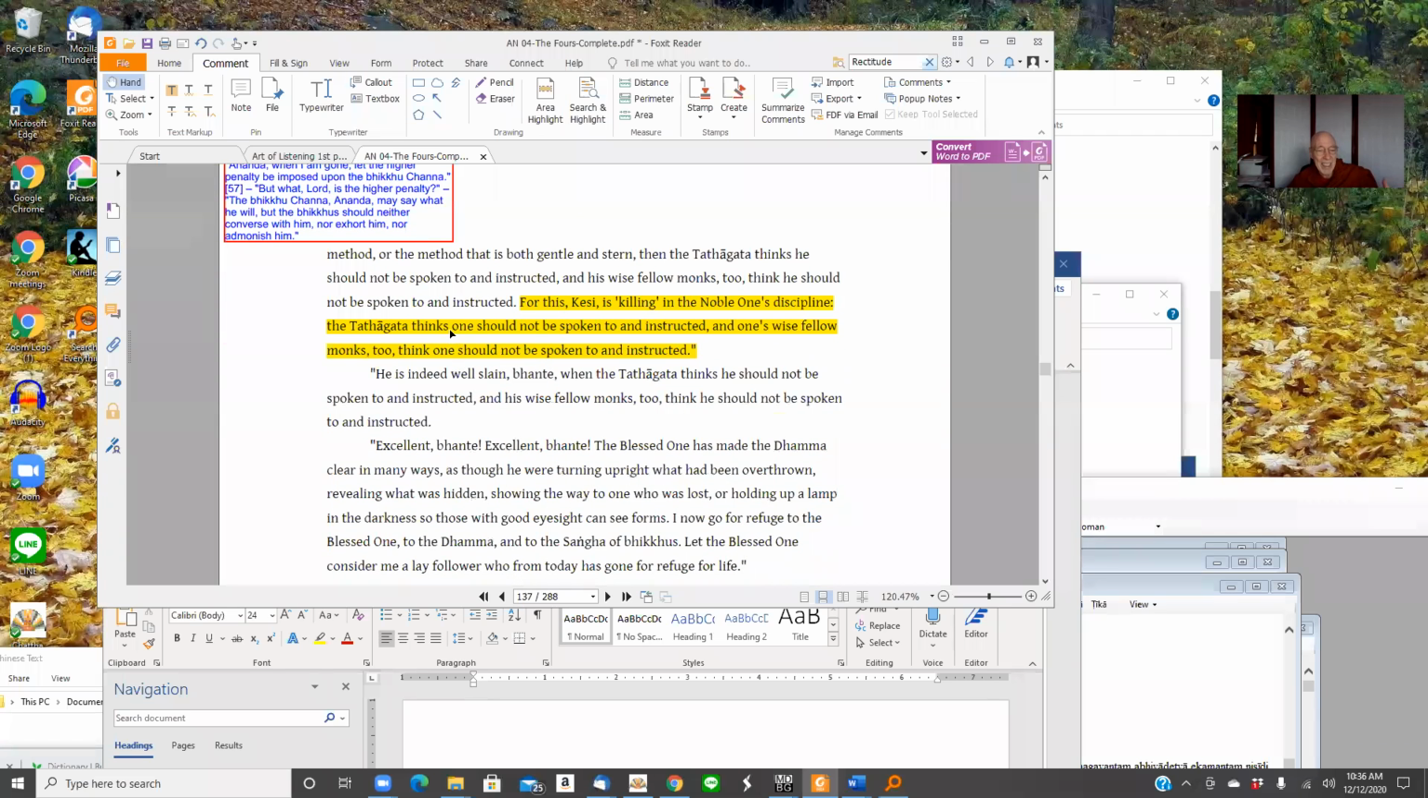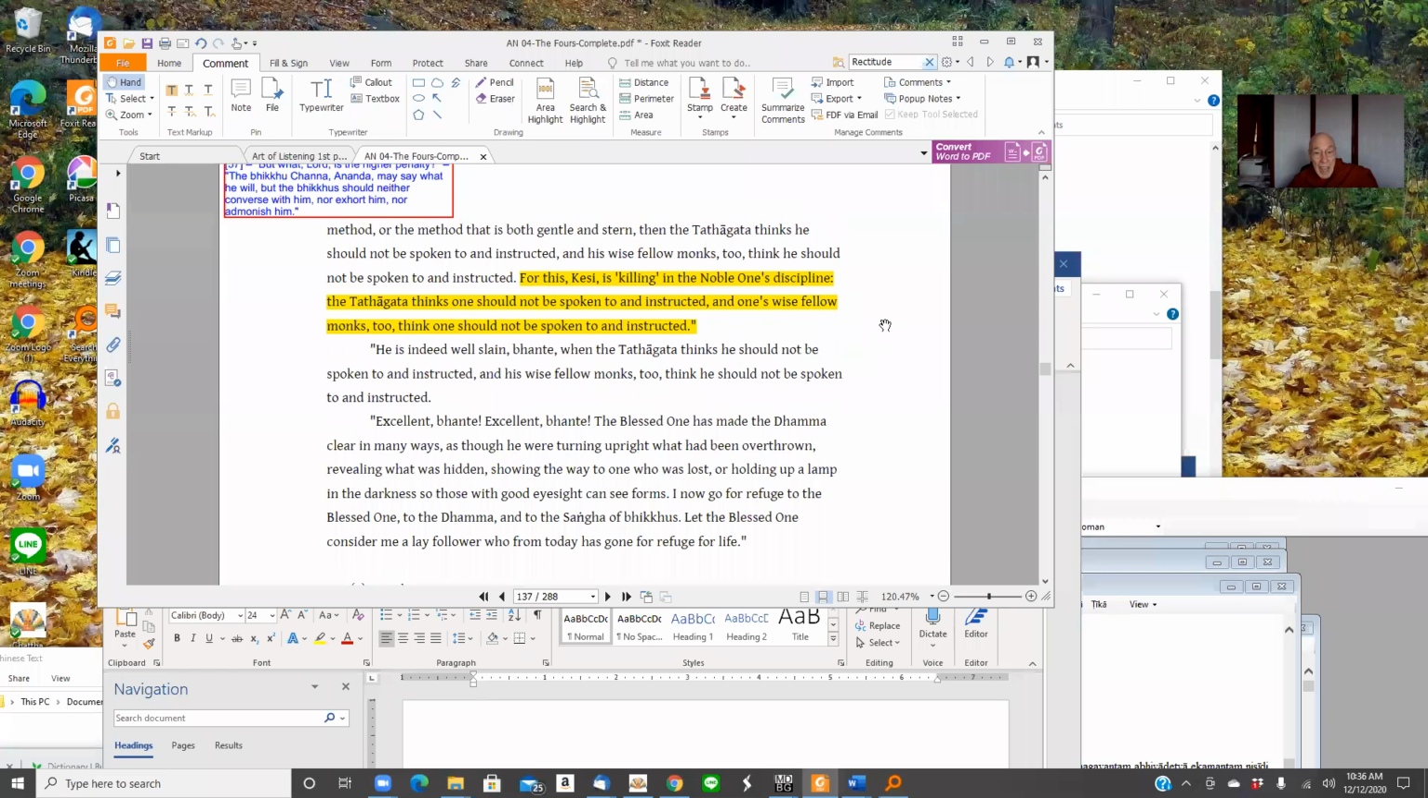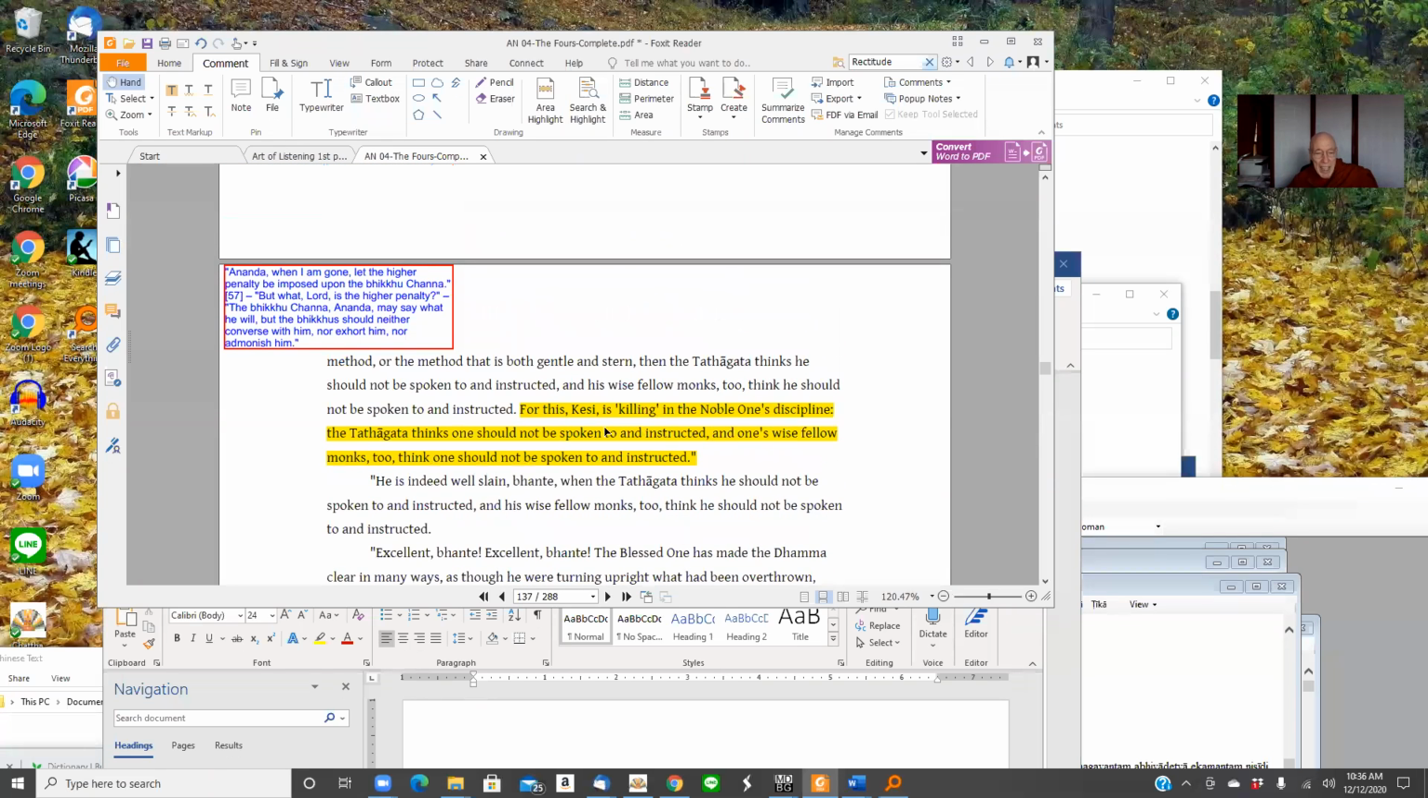And then Kesi says, indeed, he is well slain when you think he shouldn't be spoken to and instructed, and so on. And then Kesi, the horse trainer, declares himself a follower of the Buddha. He goes for refuge. And now as for this method of not speaking to a disciple who won't submit to the other three methods,